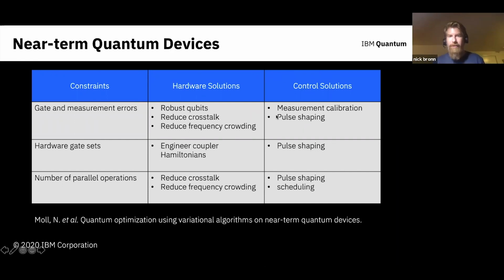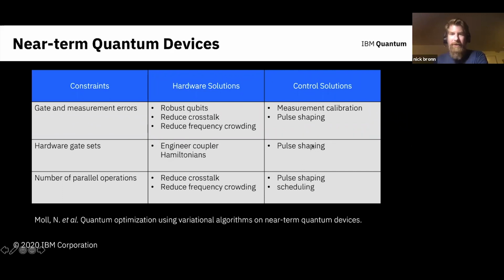Of course, crosstalk and the robustness of the qubits are important too, but we can get around some of these errors with certain kinds of measurement calibrations, and with shaping pulses in better ways. DRAG would be one of those examples, an analytical pulse shaping. For hardware gate sets, we can engineer coupler Hamiltonians. We can go crazy and make everything tunable, and you can get all kinds of terms in your Hamiltonian. That can be very interesting physics, but it can also be kind of a mess